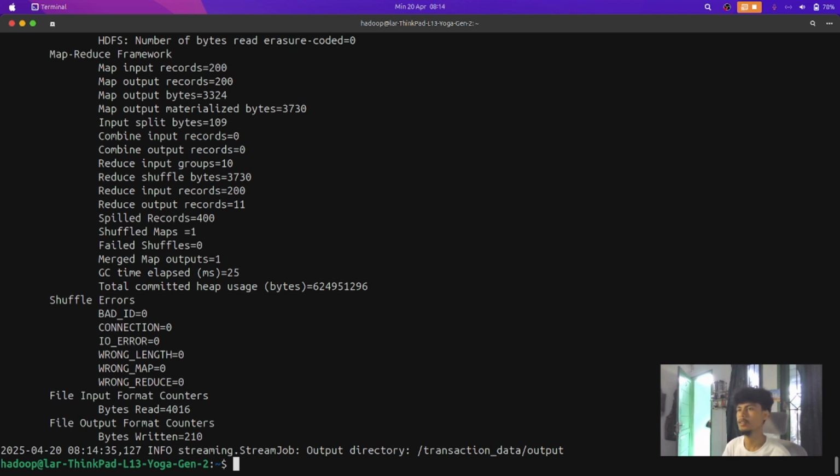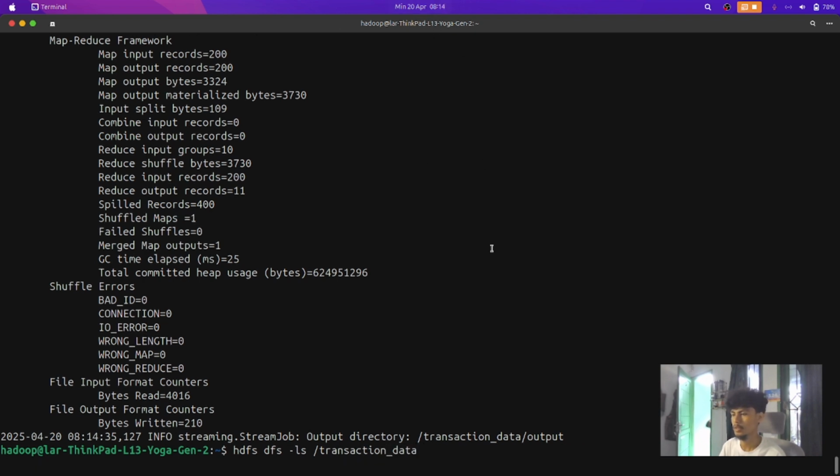Okay, the output should already be in transaction data. We can check in Hadoop: hdfs dfs -ls transaction data. We can check.